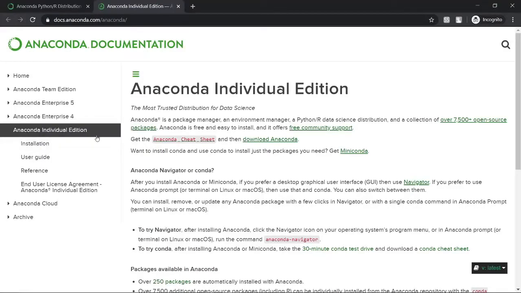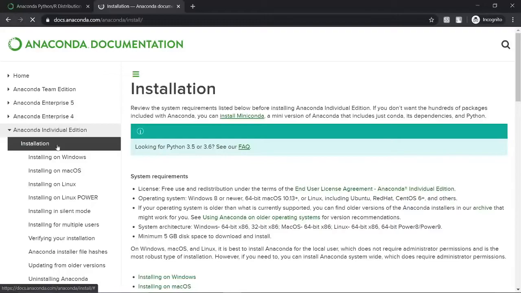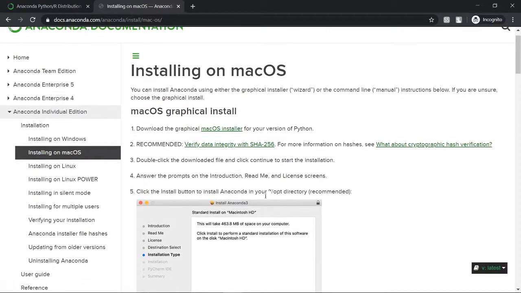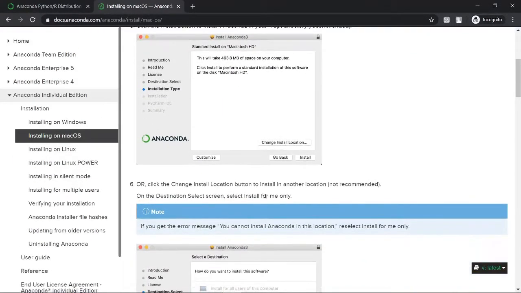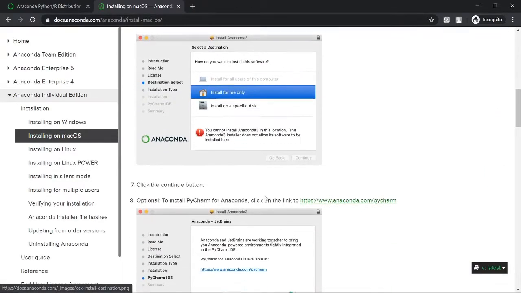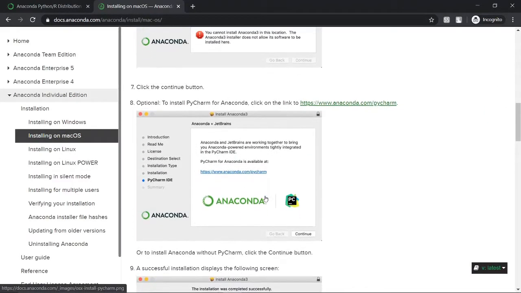From here you need to click on this installation guide, and from the installation guide you can see installing on Windows, on Mac OS, on Linux. So according to your system you need to select any one of these. For Mac OS I will show you how to select this. Now you can see that there is a step-by-step solution of installation and how to set up Anaconda on your system.